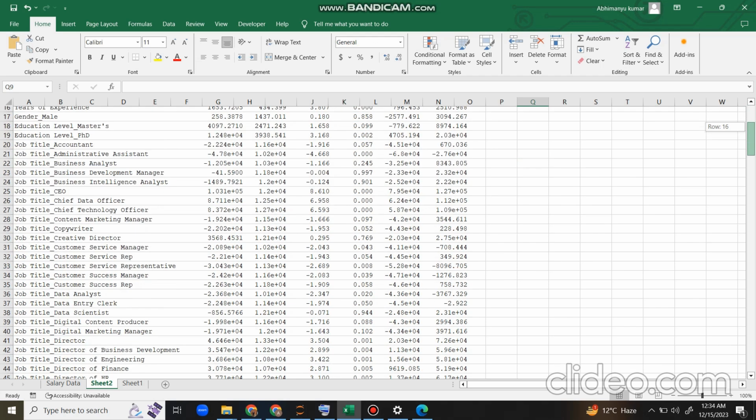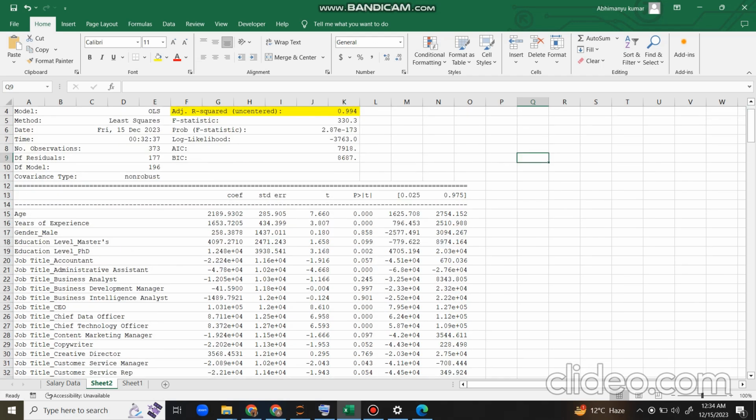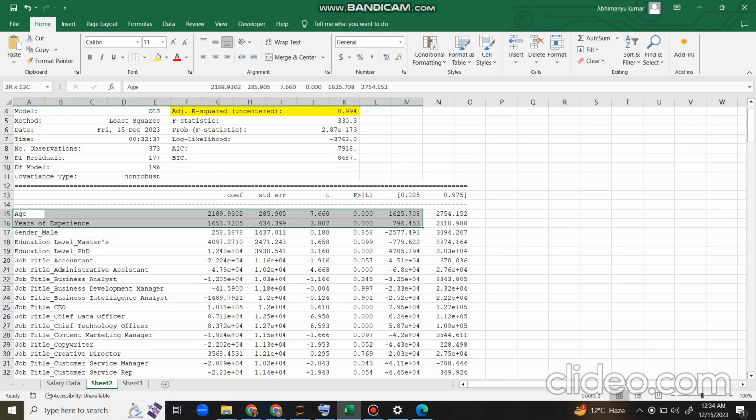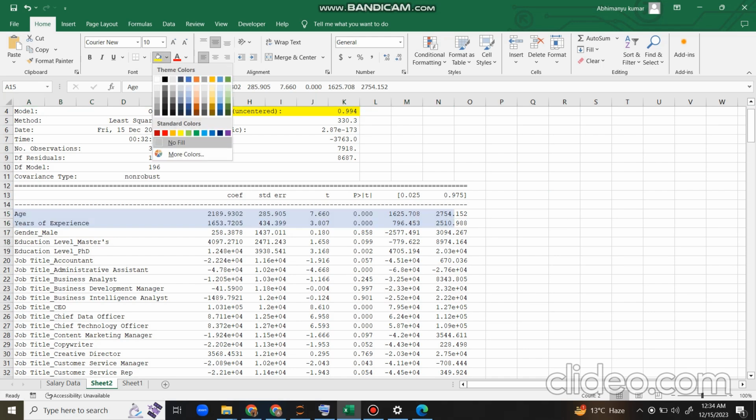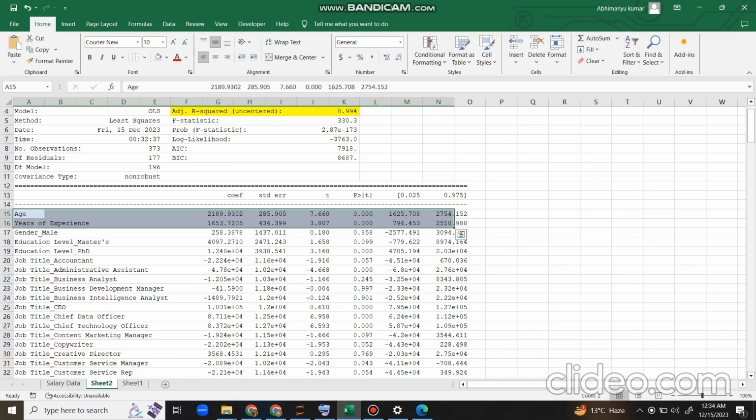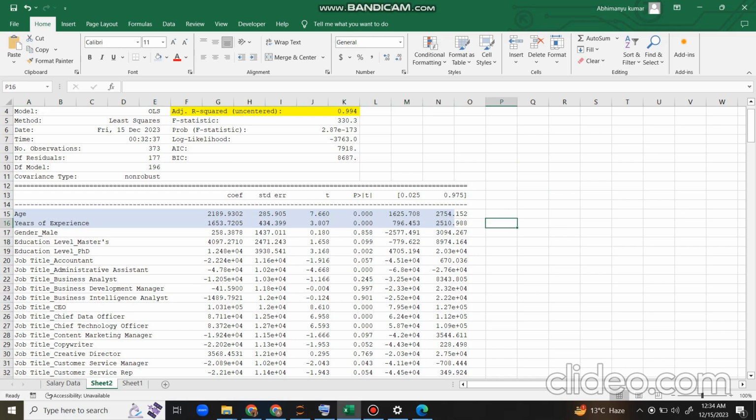So if we look at our variables, age is a good factor because p is less than 0, and look at the coefficient. So this is affecting the salary. And if we look at other values less than 0.05, this factor job administrative assistant. So yeah, so